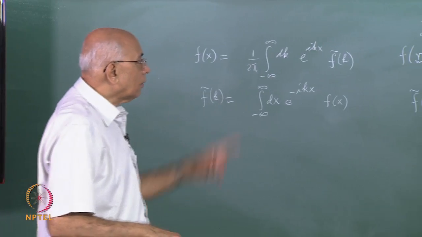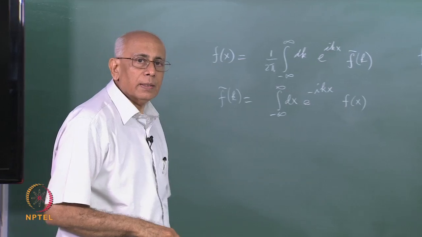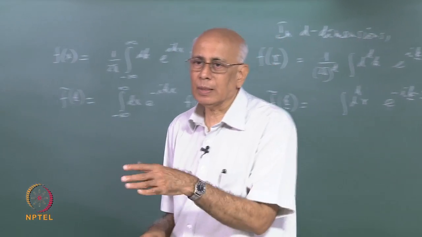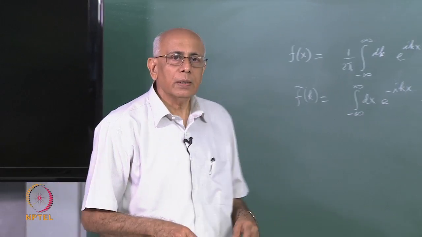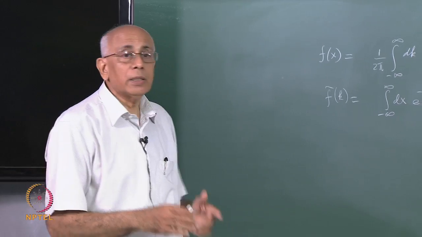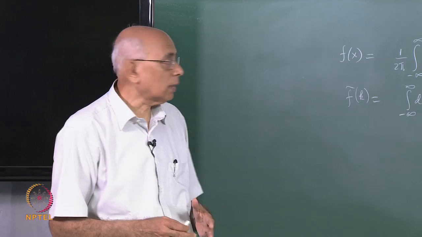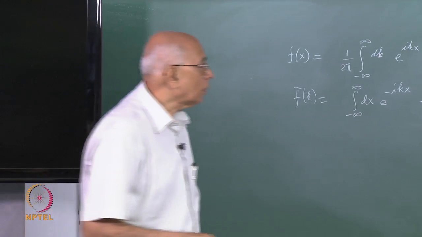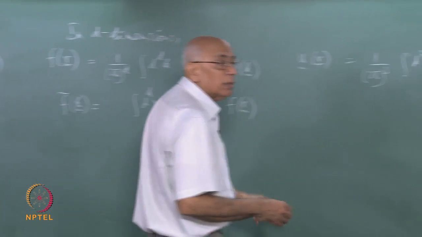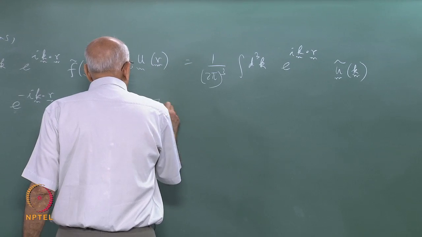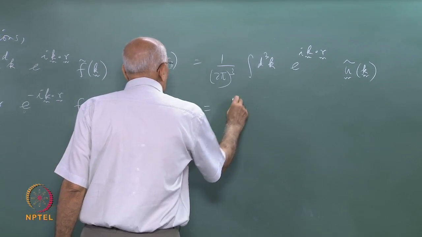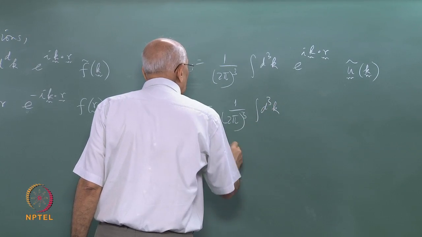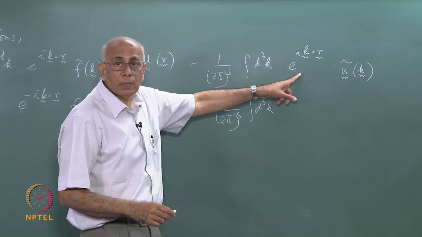Okay. Now the great advantage of Fourier transforms is that just as Laplace transforms converted the operation of differentiation with respect to t to just multiplication by s, in exactly the same way the Fourier transform operation takes spatial derivatives with respect to the components of this vector r and converts them essentially to multiplication by corresponding components of k in the following sense. For instance, if you looked at the divergence of u, it would be del dot u, this is equal to 1 over 2 pi whole cube integral d3k, and then the divergence, the derivative with respect